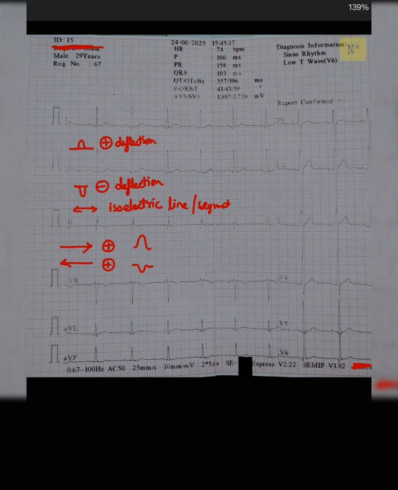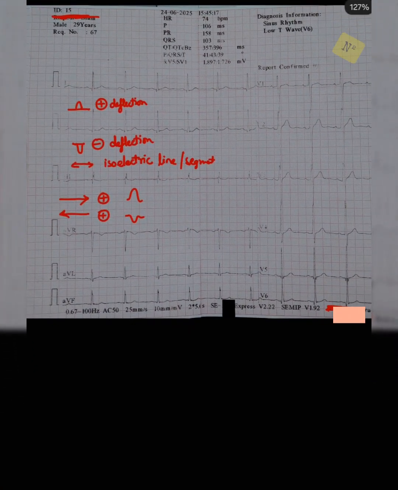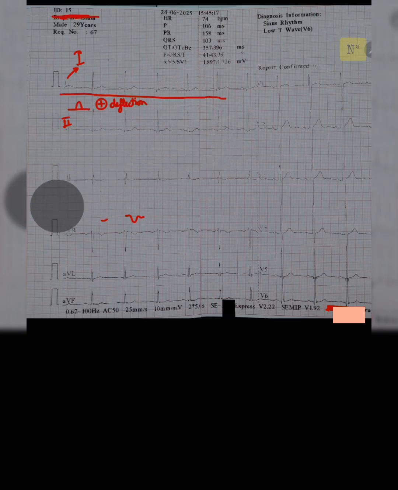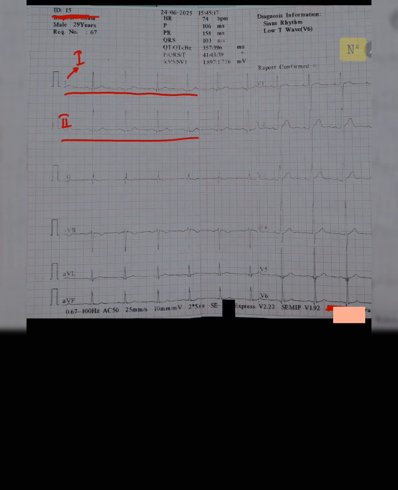whenever an ECG recording is done, you will see that you have some reference numbers or parameters written on the strip. Take for example, this is written as 1, so this is showing you the lead 1 rhythm. Here it is showing 2, it is showing you the lead 2 rhythm. This is lead 1, this is lead 2, this is the lead 3 rhythm,